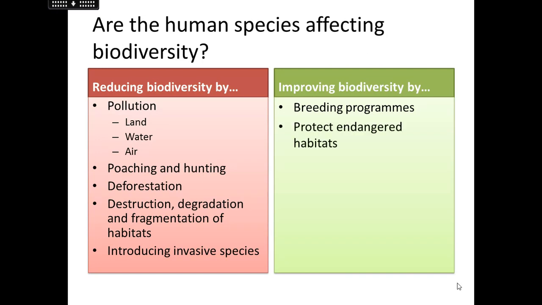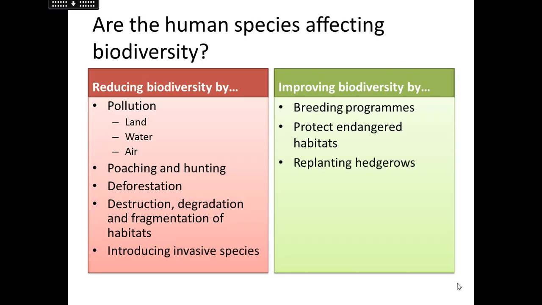We are protecting endangered habitats. So we've got lots of things like national parks being marked and protected, and we put a lot of taxpayers' money into protecting these areas. We've also got safari parks and wildlife parks in other countries, in places like Africa, for example, that people pay a lot of money to go to, and that obviously helps with some of our more endangered animals.